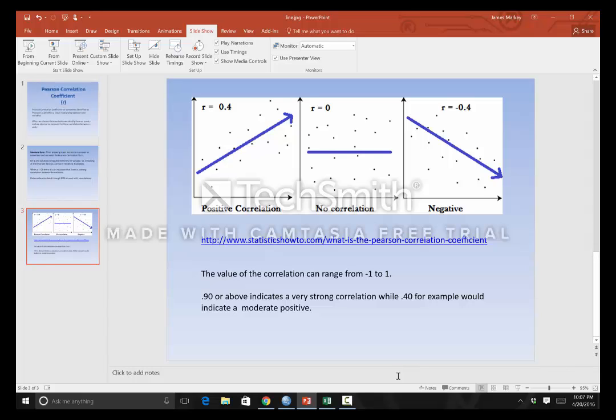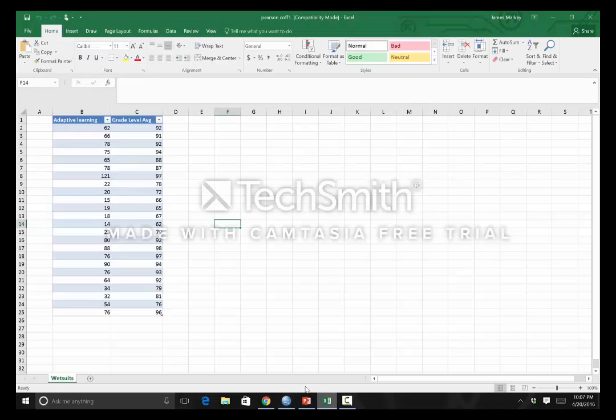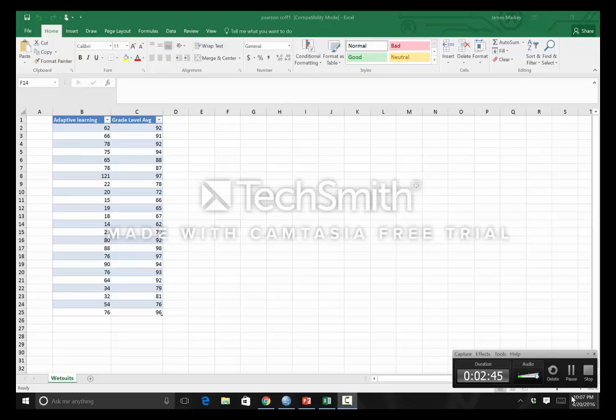So what we're going to do next is look at our data set here, and this is our adaptive learning minutes, the average for the students, and their grade level math score at the end of the year, and we're going to see if there's a strong correlation between these two. And that'll be our next video, which is going to allow us to take a look at